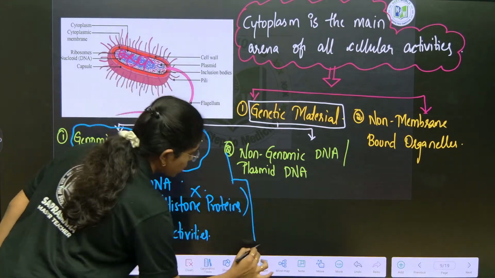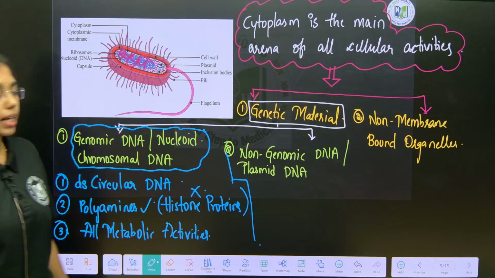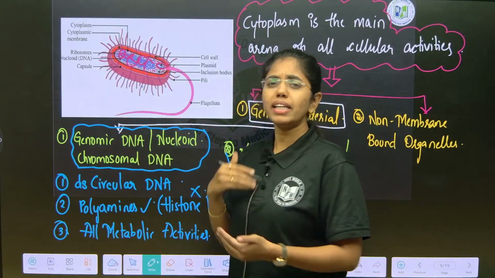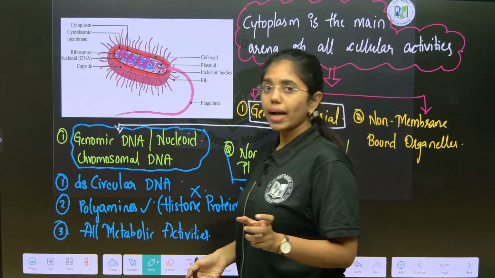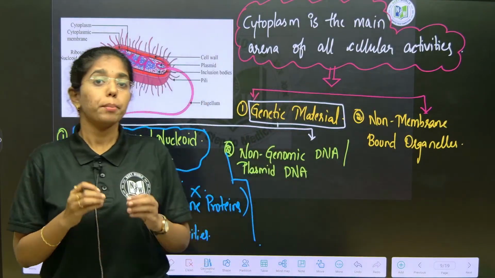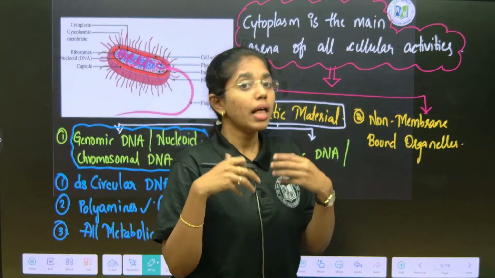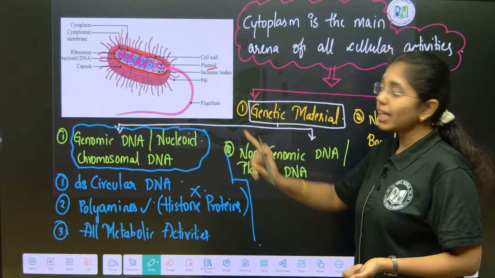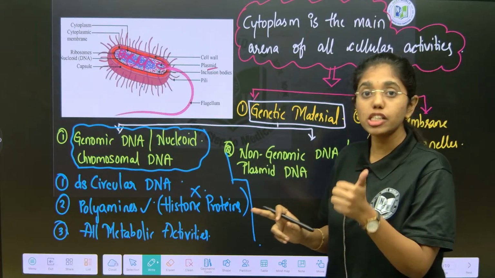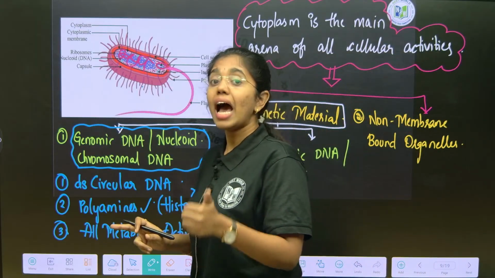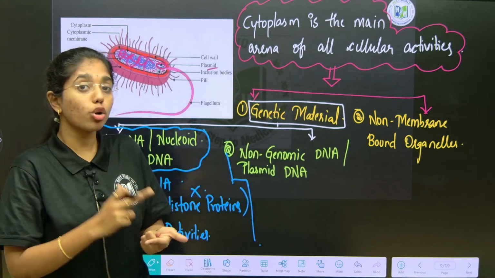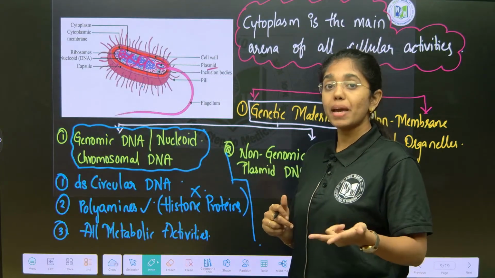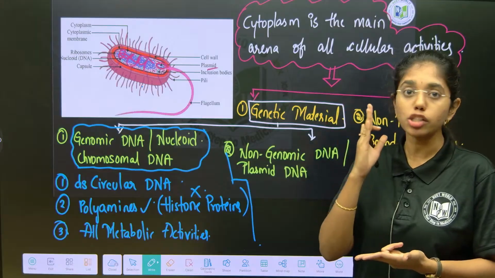Fine, right? Next you see non-genomic or plasmid DNA or extra chromosomal DNA. Here, this plasmid DNA has multiple effects on the bacteria. Even among bacteria of the same type, based on the habitat the bacteria is living in, the phenotypic characters will vary. So, plasmid DNA gives a specific phenotypic character to the bacteria, plays a major role in resistance to antibiotics, and also plays a major role in sexual recombination, that is conjugation.